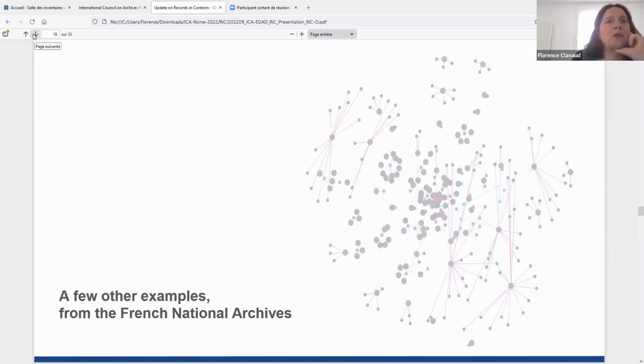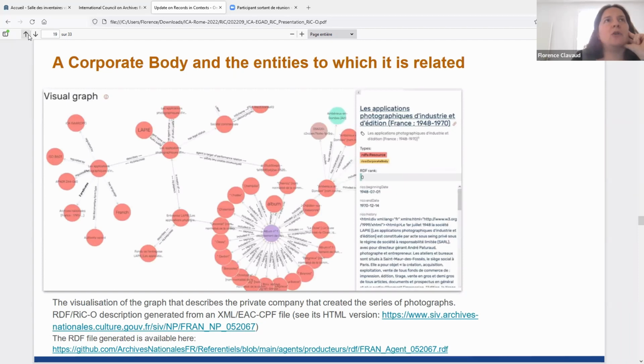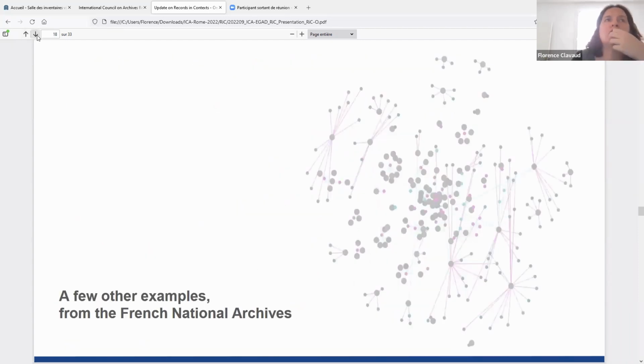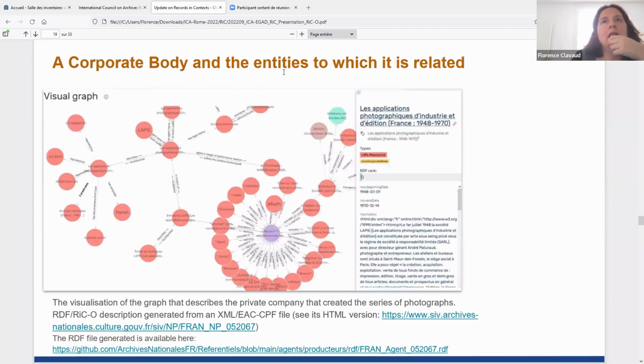I have a few other examples in the presentation taken from our data sets in the French National Archives. This is a graph that represents a company which produced a lot of aerial photographs during the 20th century in France. This is this company. This is its name. This is its legal status, and it's the